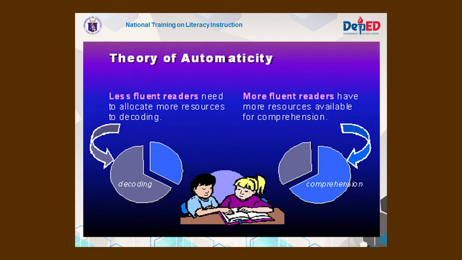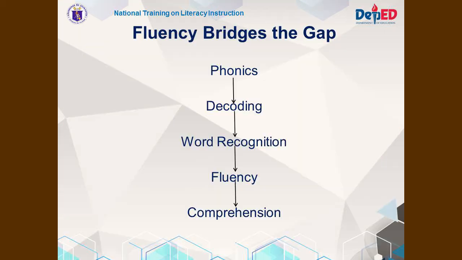However, a fluent reader who can automatically decode the words can instead give full attention in comprehending the text. Here, fluency bridges the gap. These were the phonics, decoding, and word recognition are the three word-level skills na dapat ma-develop ng isang fluent reader. Because a fluent reading depends on this word